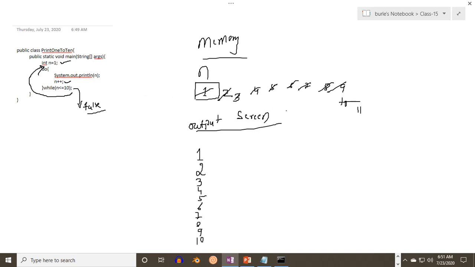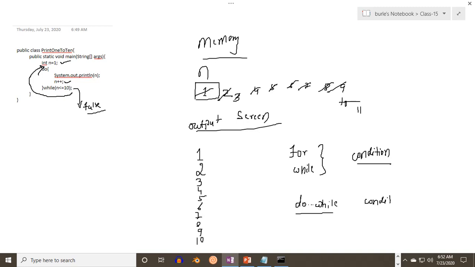So now let me provide you a brief answer. For while, before executing the statements, it always checks the condition. So first it will check the condition. Once the condition is true, it will execute the rest of the statements. But in case of do while, it first executes the statements and then checks the condition.